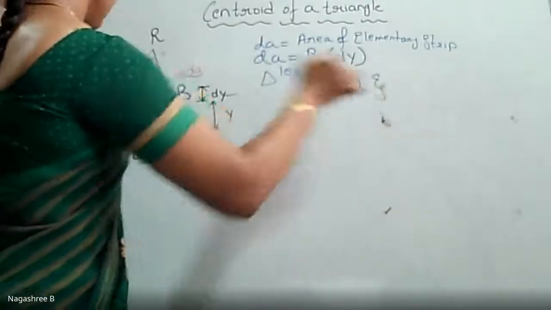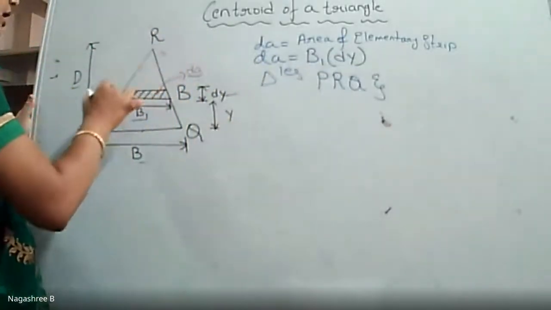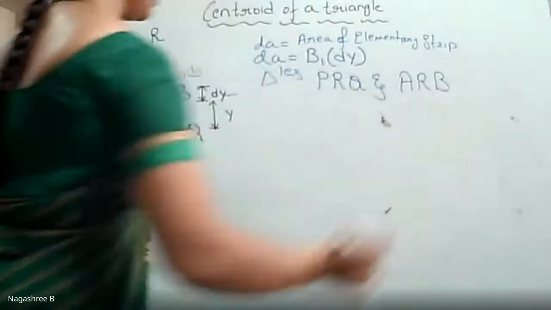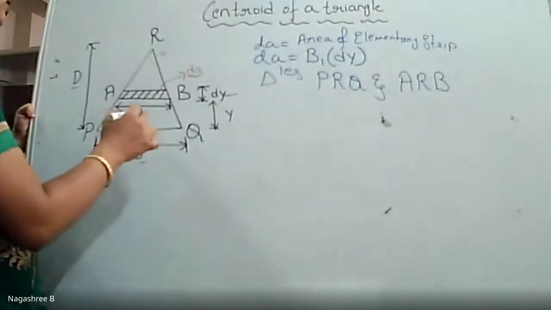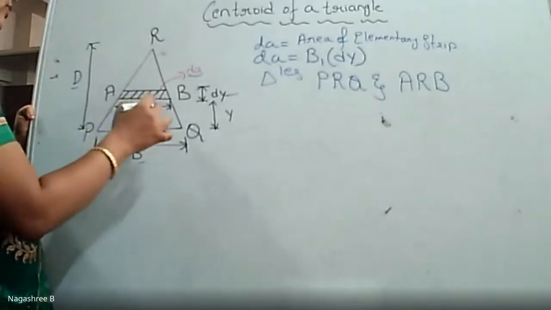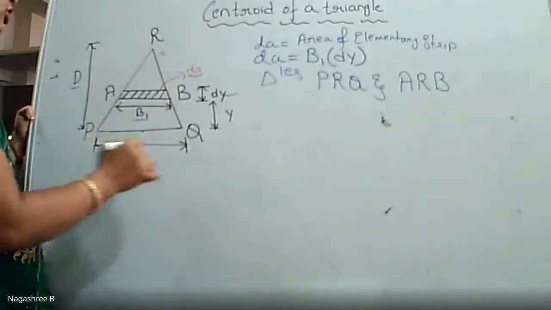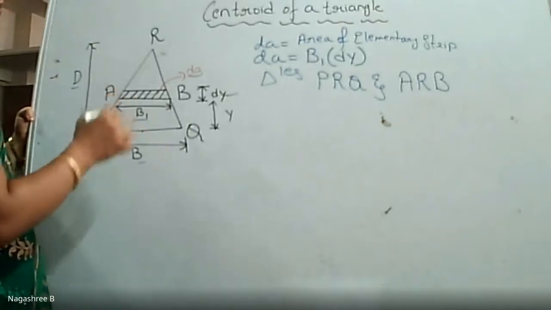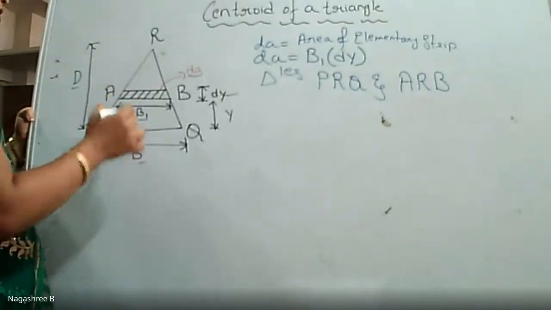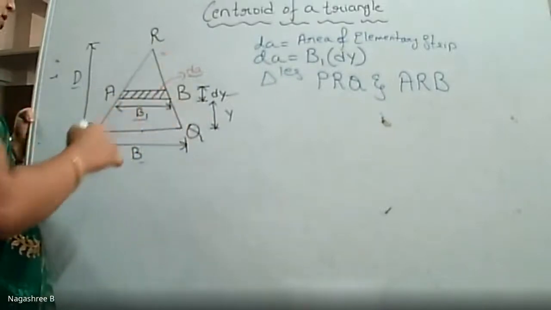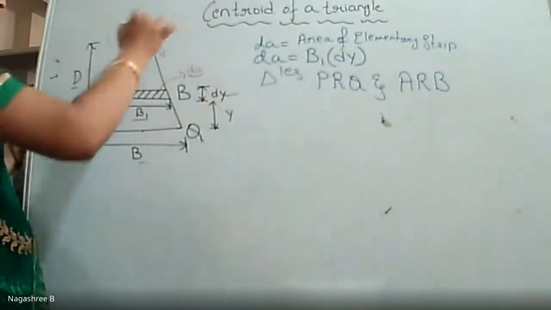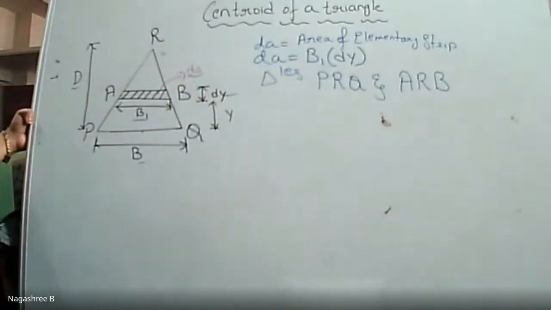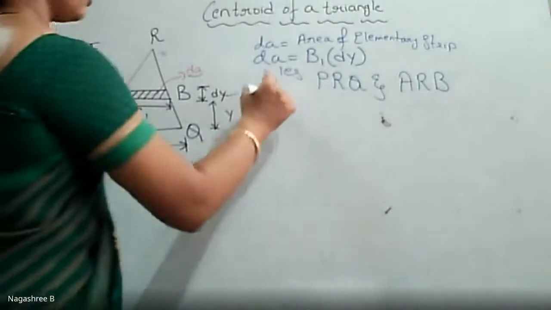I am going to consider the similar triangles PRQ and ARB. By using this similar triangle property, I know that